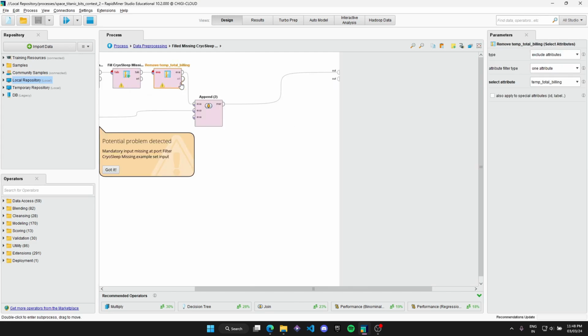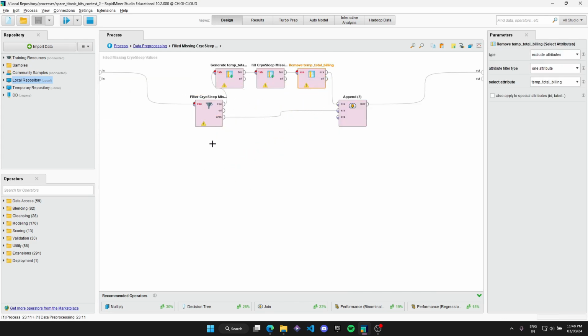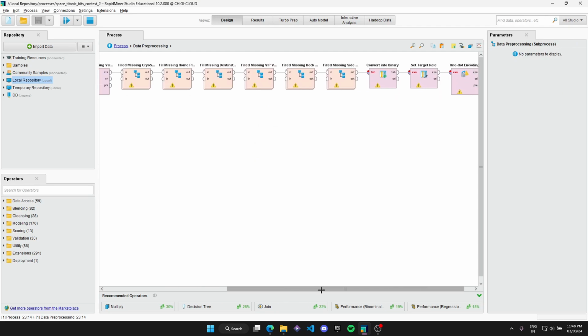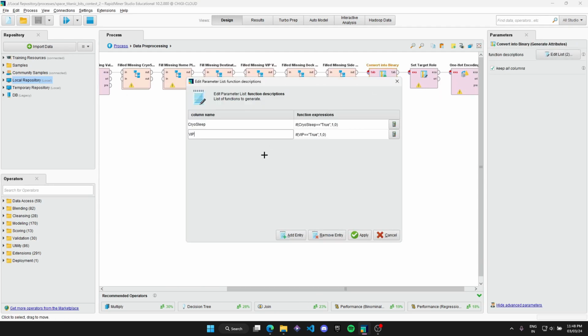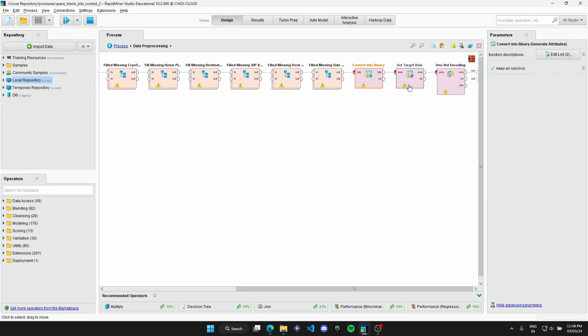These were all done by the mode imputation. Then I converted the cryosleep and the VIP from text-based columns with true and false values to ones and zeros. After that, I finally converted the target attribute to a label and then applied one hot encoding on the deck, destination, home planet, and the side column. So after running this,